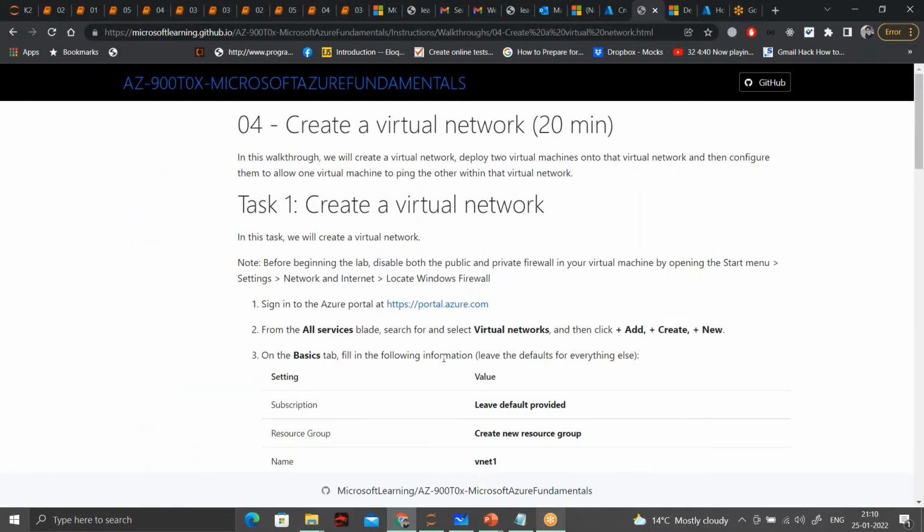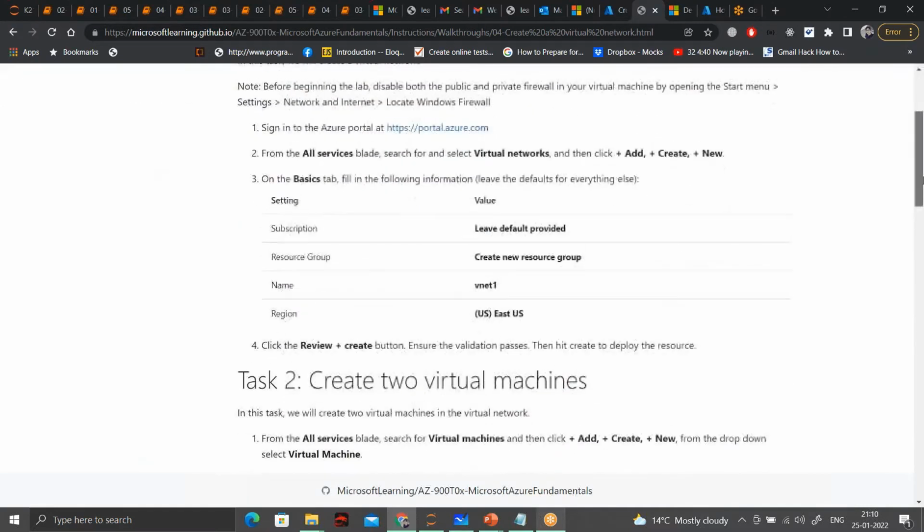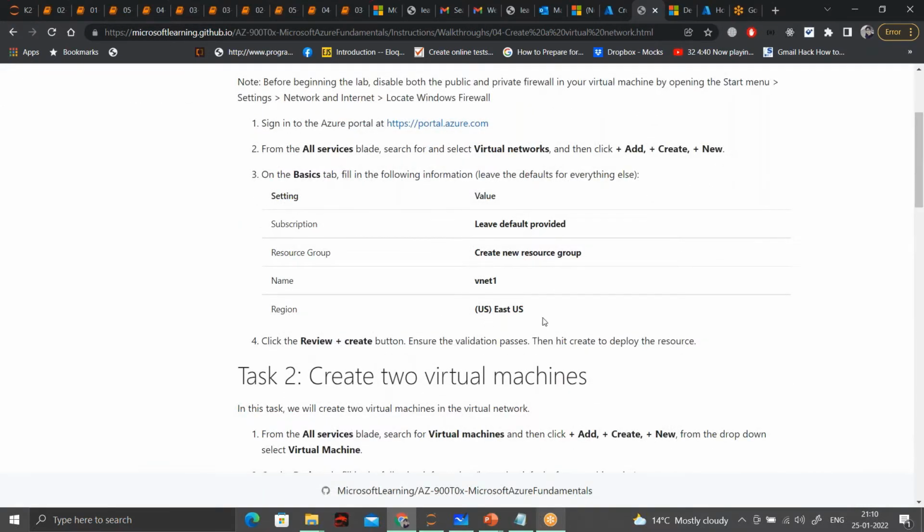First, from all services, we have to check for virtual networks, and then we will create a virtual network. Later on, we have to create two virtual machines and put them both in a single virtual network, and then through ICMP packets, we'll see whether I'm able to ping another virtual machine in the same virtual network. So this is the agenda of this lab.